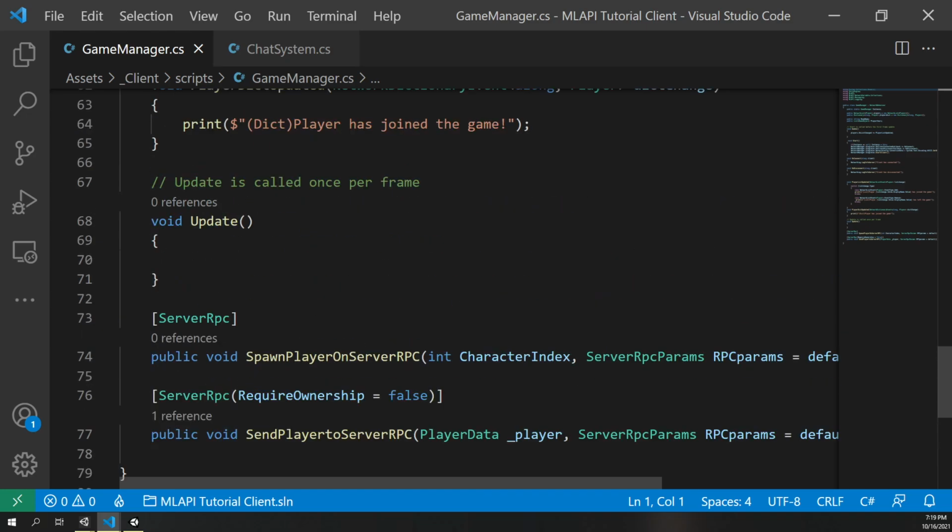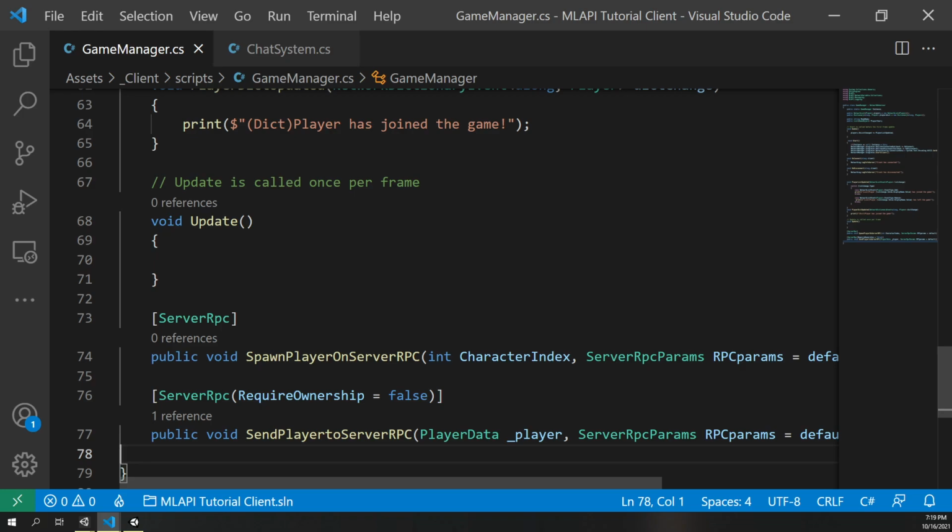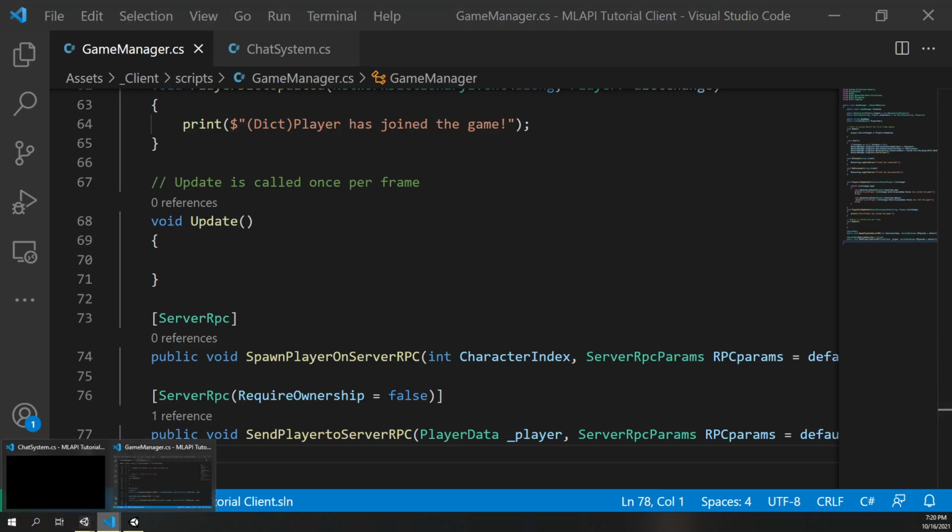These actually aren't doing anything, but it's enough. So the way RPCs work, RPC stands for remote procedure calls. These are functions that get called on one system and get run on another system. So server RPCs get called on the client and then get run on the server. On the server side,